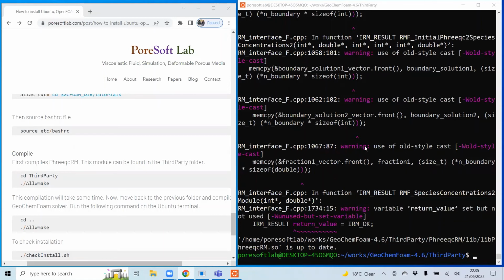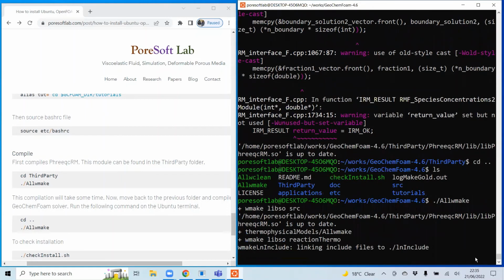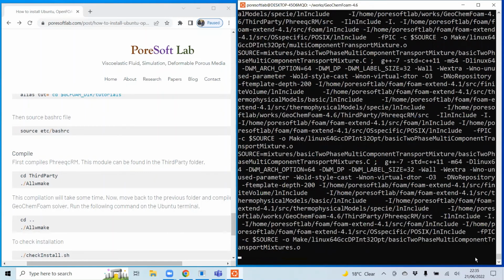So to do that, just go back to the previous folder, the main folder of GeoChemFoam, and here you can compile this one by using the command ./Allwmake, and once we do that, it will start compiling the GeoChemFoam solver.